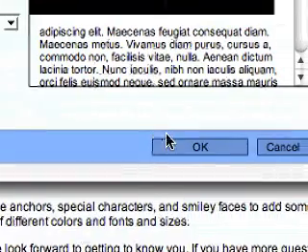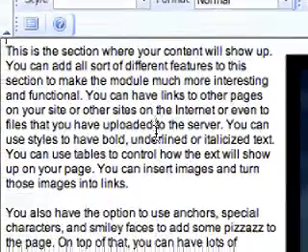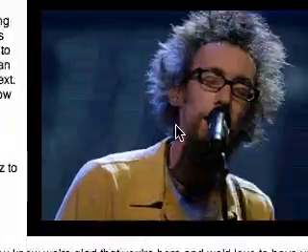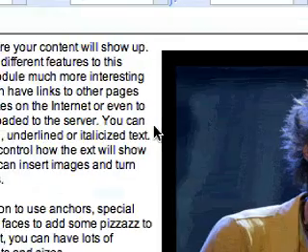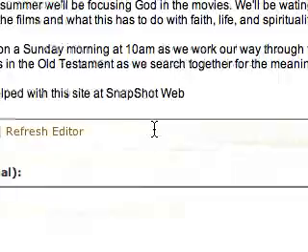We'll go ahead and click OK. And you'll see now that we have our text here, and we have this image of David Crowder. It's got a little bit of H space in there and a little V space. And now if we scroll down to the bottom and we click Update,